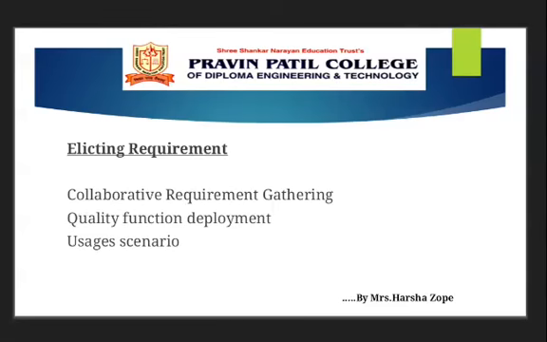Generally, questioning is useful only at the inception of a project, but for detailed requirement elicitation it is not sufficient. During requirement elicitation, certain activities such as problem solving, elaboration, negotiation and specification must be carried out. There are some ways by which requirement elicitation can be done. Here we are going to study three ways of eliciting requirements. First is collaborative requirement gathering, second is quality function deployment, and third is usage scenario.